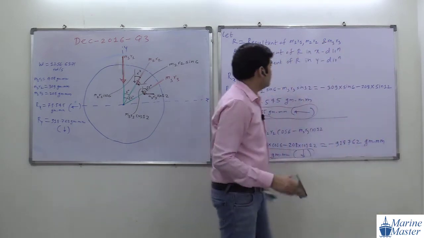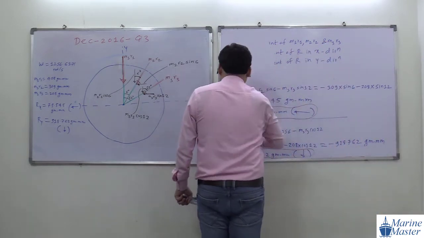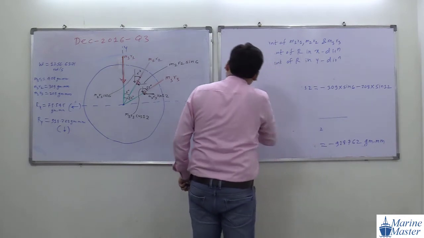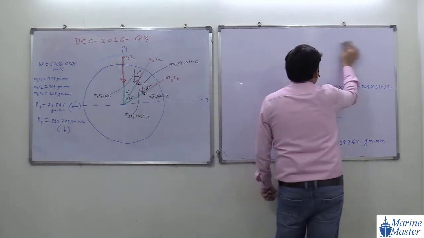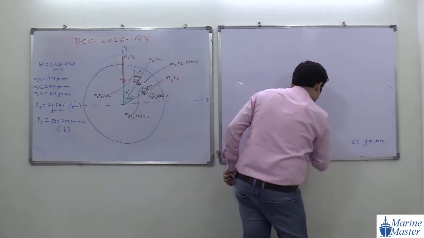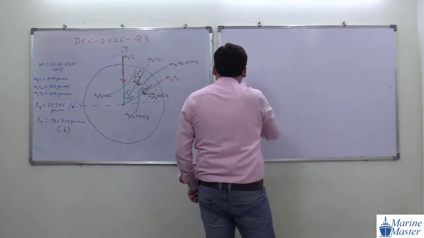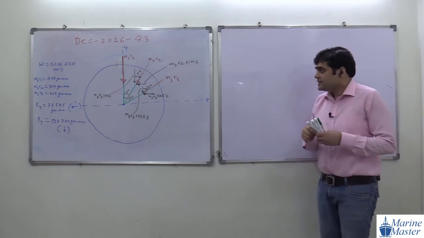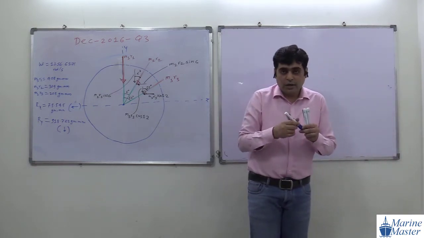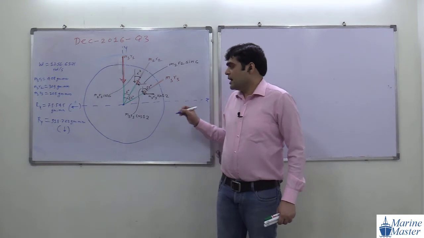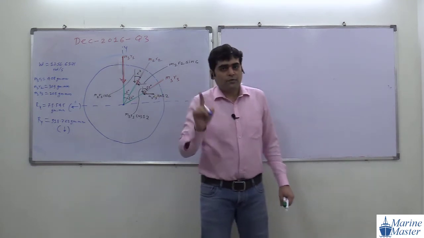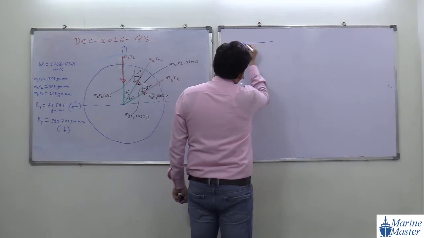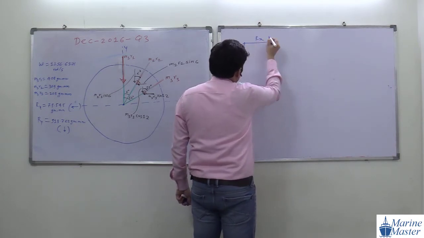Okay. Now try to see the scenario. Here the story is not that simple. The story is very, very important here. See the story for this question. What does this question want to say? See the point here. What is the direction of Rx? Rx is towards left. So this is the direction of Rx.